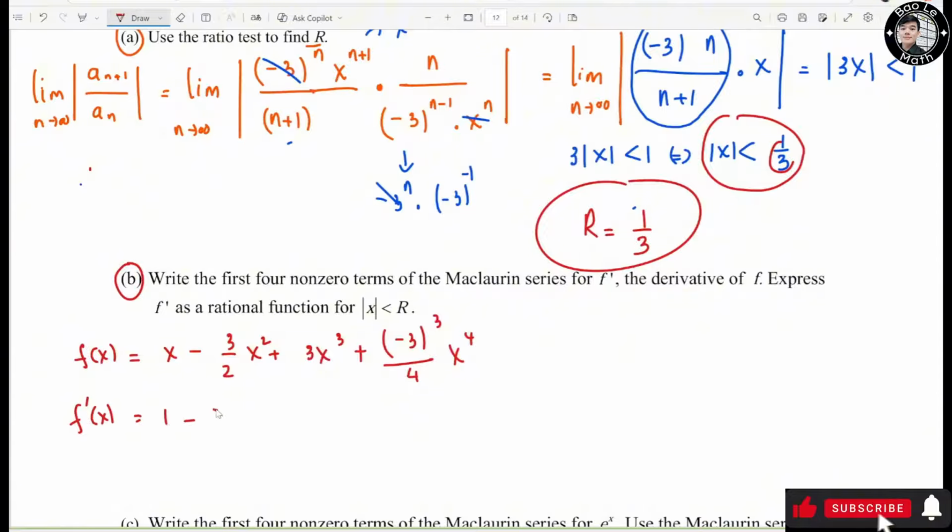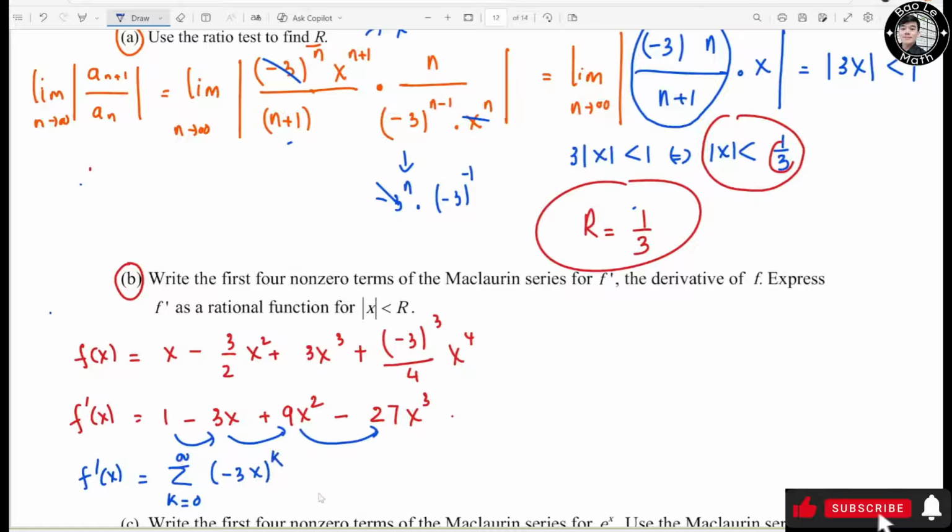It's going to be 1 minus 3s plus 9s squared, right? Bring the 4 to the front, so it can cancel out right here. Minus 27s cubed. Now this guy is actually a geometric series where the common ratio equals negative 3s, because every single time you multiply by negative 3s to get the next terms. So we have f prime of s equals the series k starting from 0 to infinity of negative 3s raised